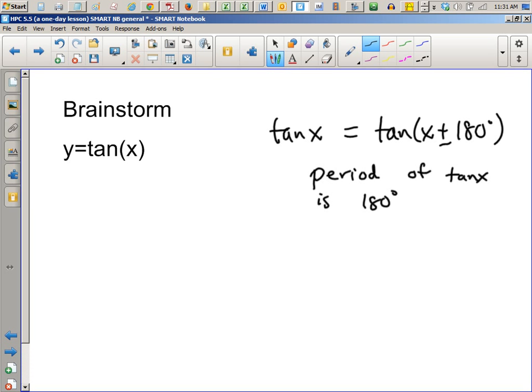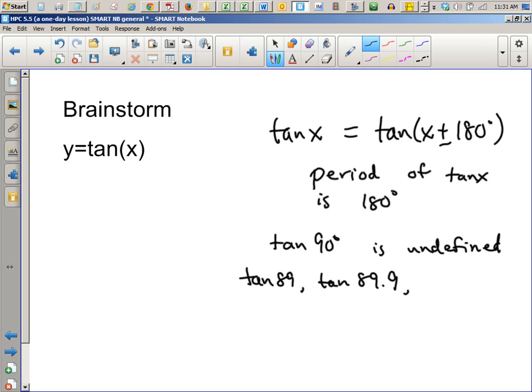Any other factoids, little things we learned? Do you guys remember typing tan 89 and tan 89.9, that sort of thing? Oh, well, it gets a lot larger every time you go closer to 90, but don't reach 90, because 90 is undefined. Yeah, we said that tan of 90 is undefined, right? We did say that. But if you do tan 89, tan 89.9, of course we're talking about degrees here, tan 89.99,